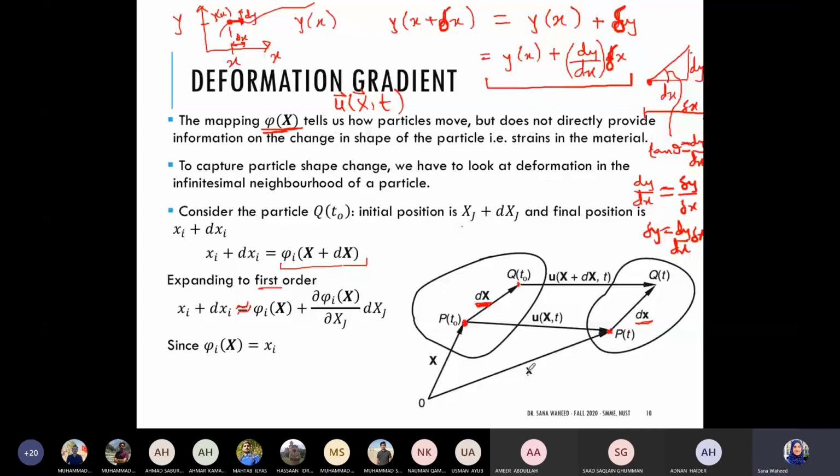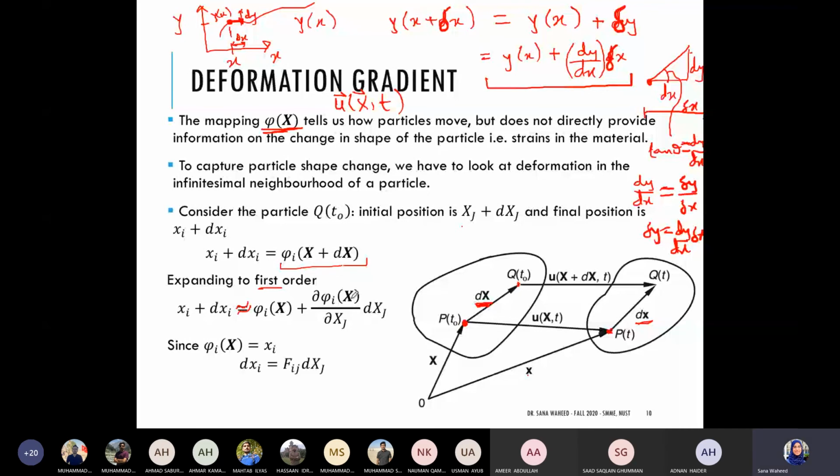Using this substitution, I can substitute this back in here to notice that phi I of X is actually just xi, which is why it cancels out from the left and right hand side. And I just end up getting that dxi is equal to del phi I with respect to del xj dxj. Or rearranging it even more,